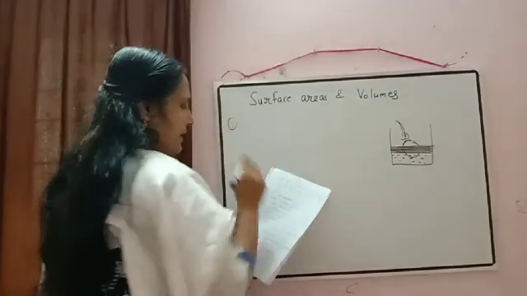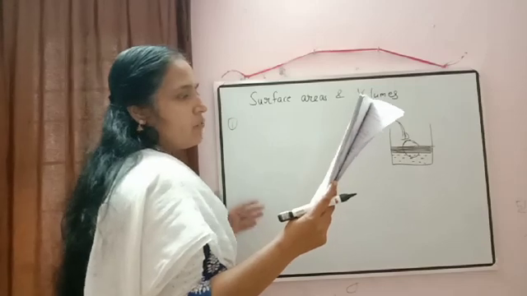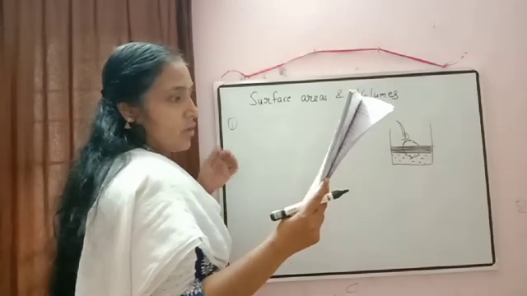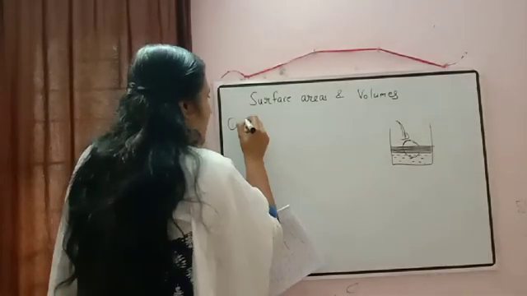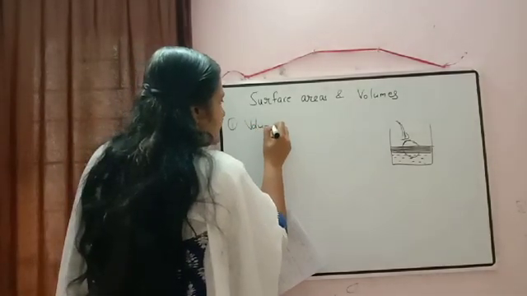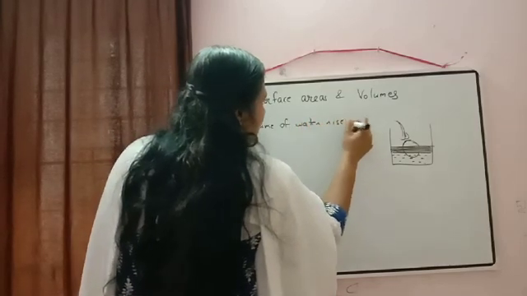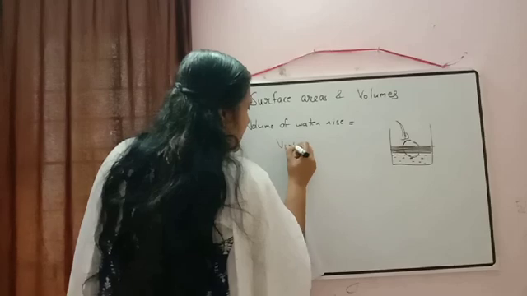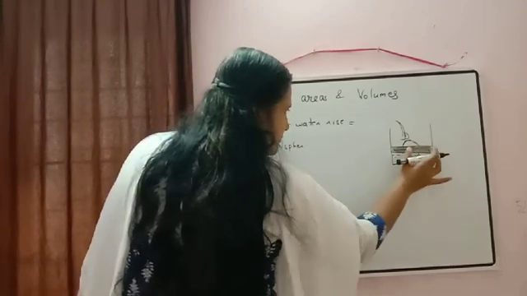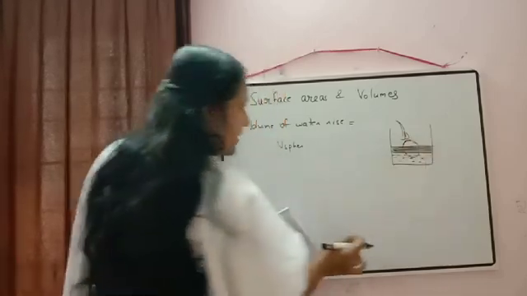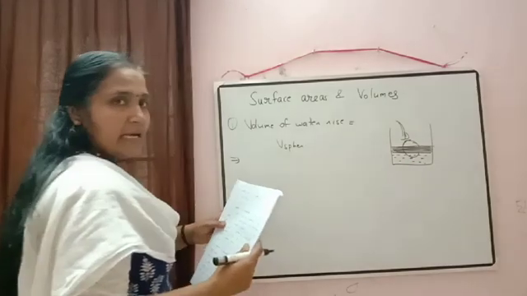So now directly we will write here. The question is: by how much will the level of water rise in the cylindrical vessel? So just write down there: volume of water rise will be equal to volume of sphere. Clear? This much volume is raised here, so that will be equal to the volume of the sphere. The volume of water rise will also be in the form of a cylinder only.